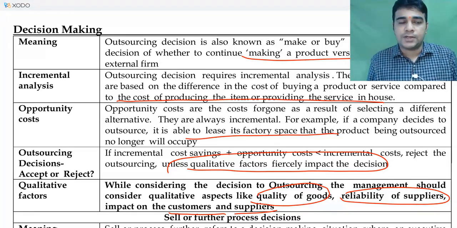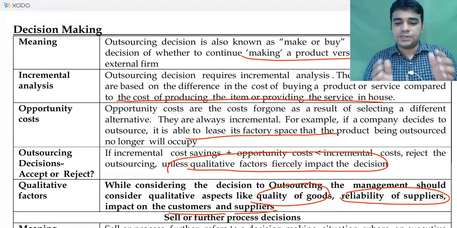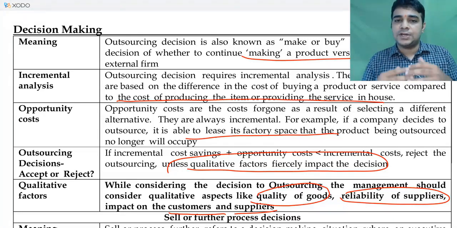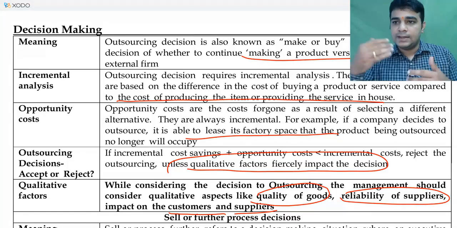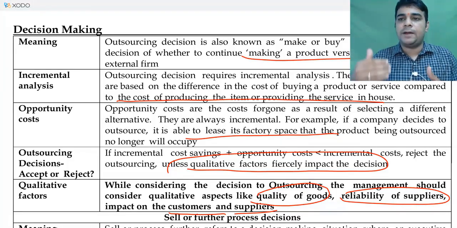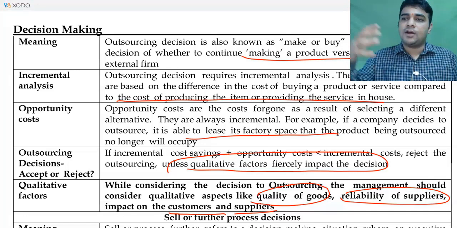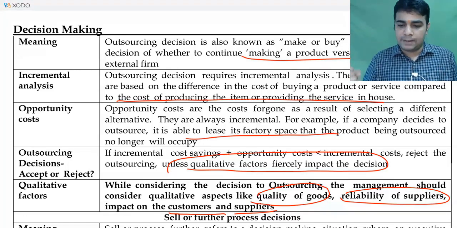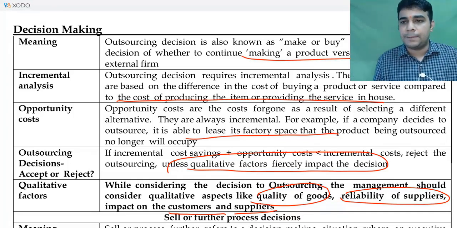It could be a normal process also. A company, let's assume, starts with the cotton. Raw cotton is what? For example, if you are manufacturing a shirt, the basic raw material is raw cotton. There's a process called ginning, by which you prepare something called ginned cotton. Then a cotton yarn comes, then a fabric comes, and finally a garment is going to come. So there are so many processes which are going to happen.